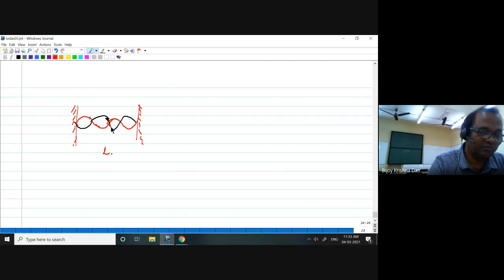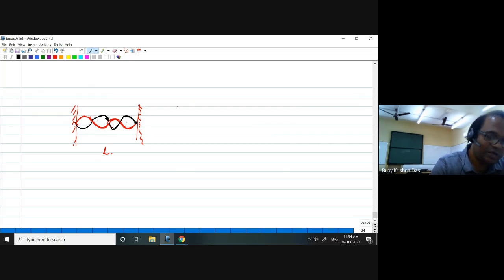My sketch is not good, but you can imagine that. So that means I can say that I have one wave propagating like this, a sinusoidal wave, and then after reflection, the black one coming back, like this. So this is a standing wave, right? So you will have some kind of node or antinode. That is the antinode, and this is the node. You know the concept of the standing wave, right?